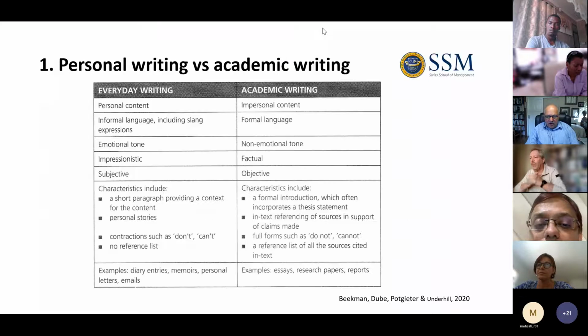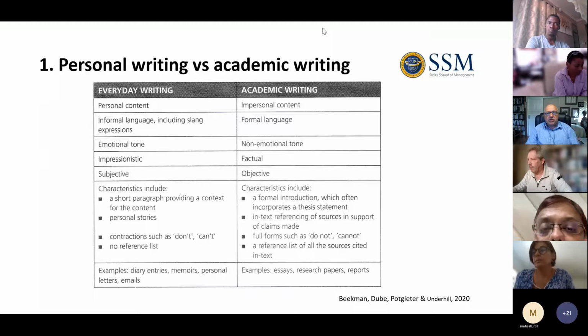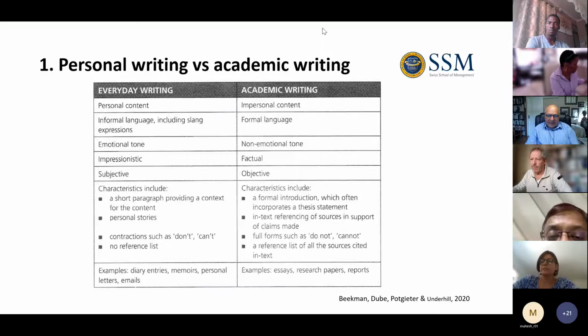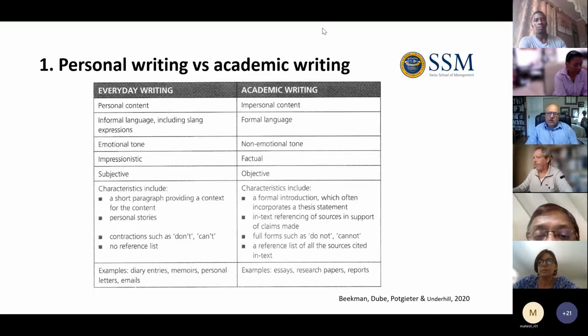So if I can go on and firstly start talking briefly about what the difference is between personal writing versus academic writing. We'll see academic writing requires a totally different mindset and a totally different set of practices than normal or personal writing. And I've seen this with so many students, when they start with academic writing texts,